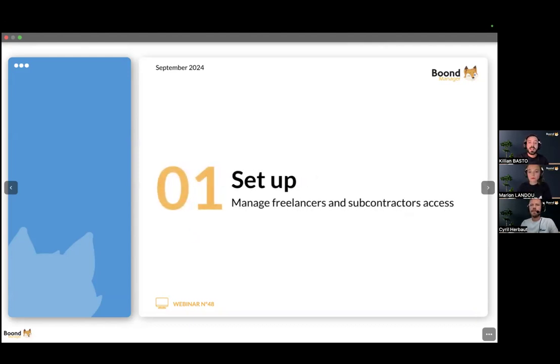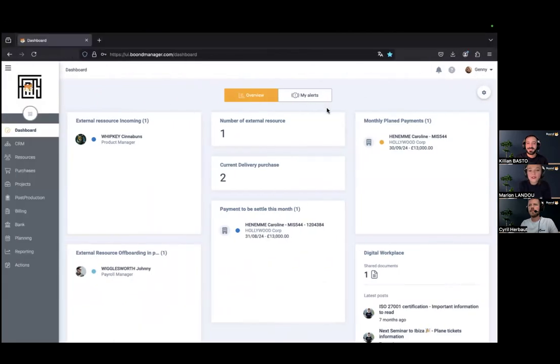So now let's start with the first part. It's going to be the setup and how to manage those access. And it's going to be Marion who's going to start. Thank you, Kilian. So, first of all, we would like to highlight two best practices in your settings to allow you